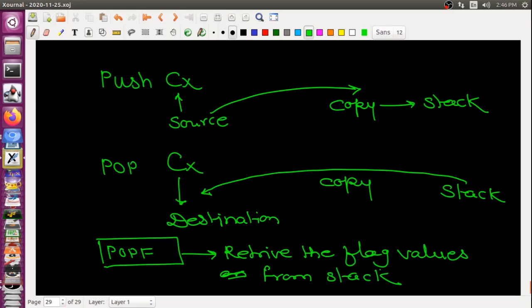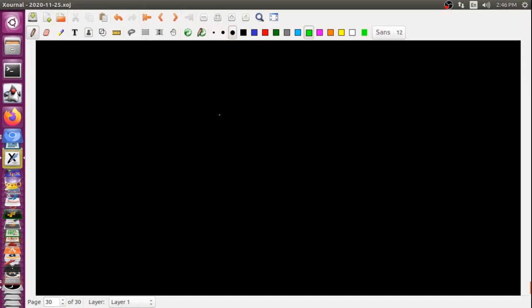I will tell you one more data transfer instruction, called XCHG. In 8085 we have said it is normally used like this: XCHG will exchange the value between DE and HL. But here this criterion is not there. You can exchange the value between any type of register.